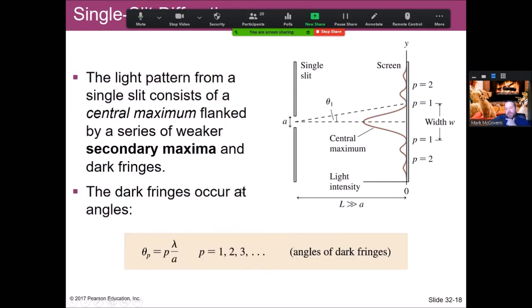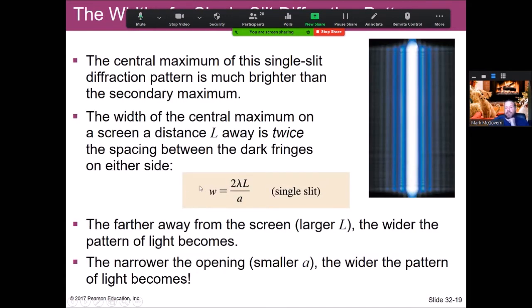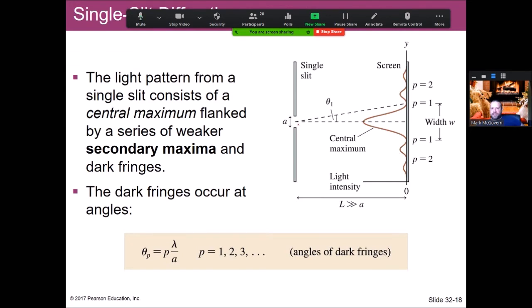So it's the same relationship. If we go back here, look at this. We're solving for A. So we turn A into W. We double this relationship, and we end up with the distance from the slit to the screen, which I'm going to call L. And then the width of the central maximum is 2W, right? It's from here to here. It says W, but we mean 2W, actually. Anyway,